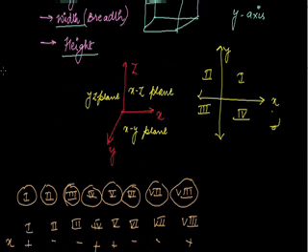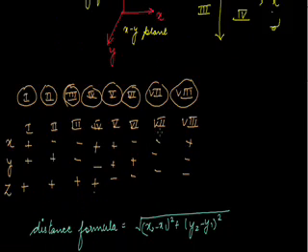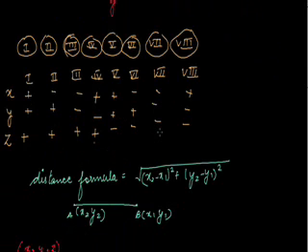The plane which contains x-axis and z-axis is the xz plane. The plane which contains x-axis and y-axis is known as the xy plane, and the plane which contains y-axis and z-axis is known as the yz plane. The x and y axes divide the whole plane into four quadrants, that is first, second, third, fourth. The xyz axes will divide it into 8 octants, that is first, second, third, fourth, fifth, sixth, seventh, eighth, depending on where,